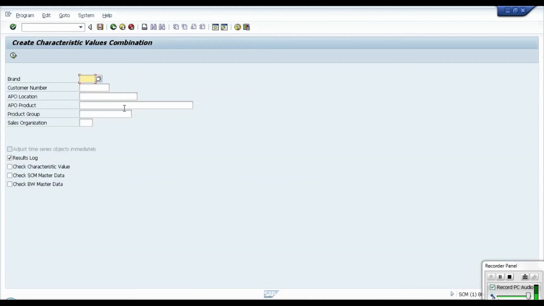This is nothing but the master data for demand planning. So MPOS is the house for the master data, and the characteristic value combination is the master data for DP.